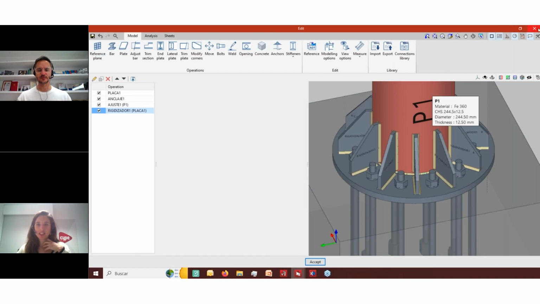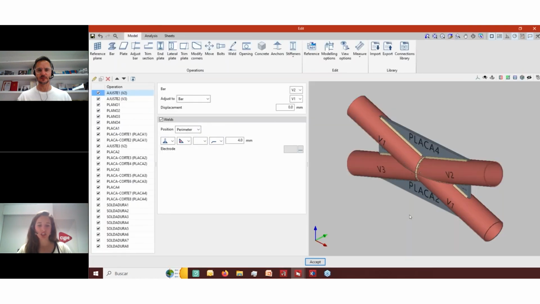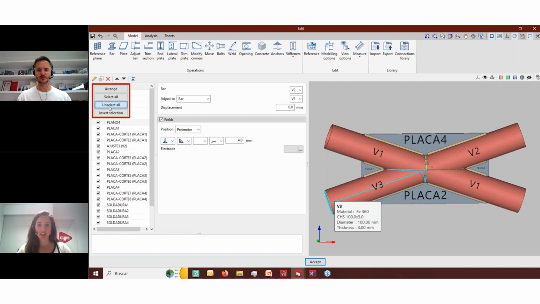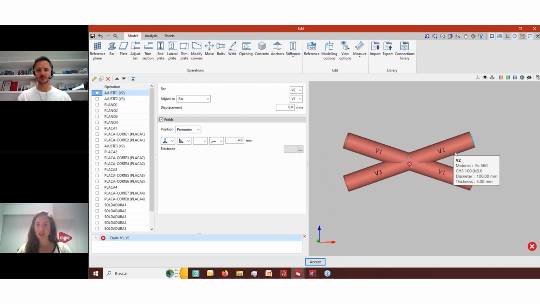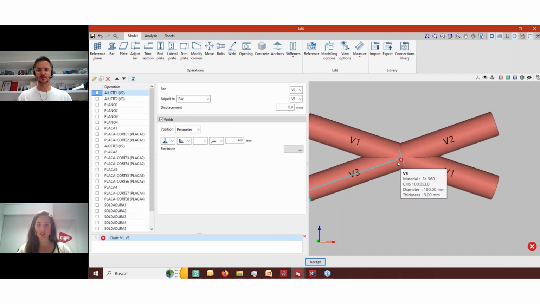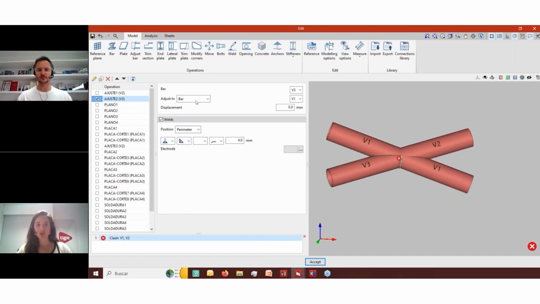Okay, let's take a look at other kinds of connections that could involve circular hollow sections. For example, this one. Let's select all. So this is one main bar that has these two other bars welded to it. So one crossed bar and two others that could be easily adjusted to the main one using the new